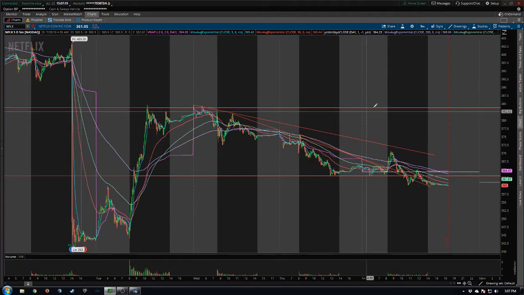This was the example on Netflix here, was a nice setup this last week when I was on vacation. Unfortunately, wasn't able to be on, but